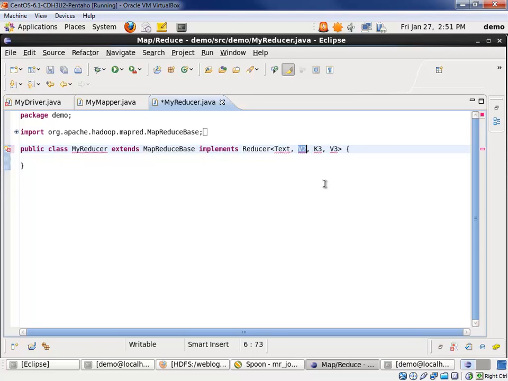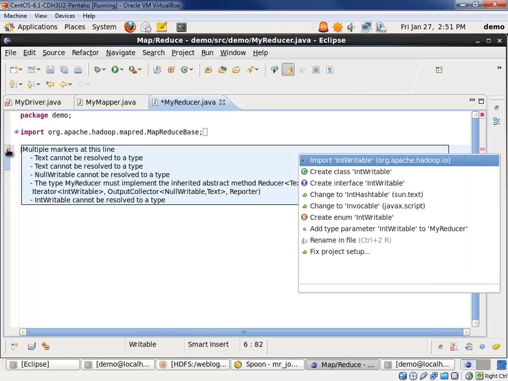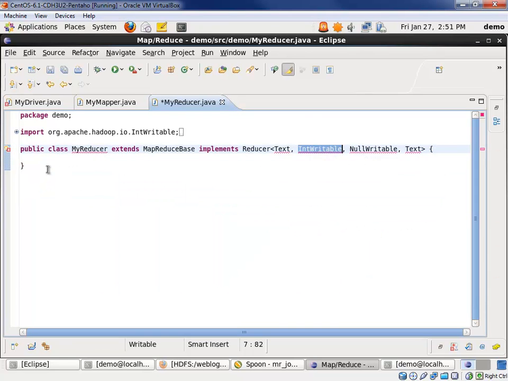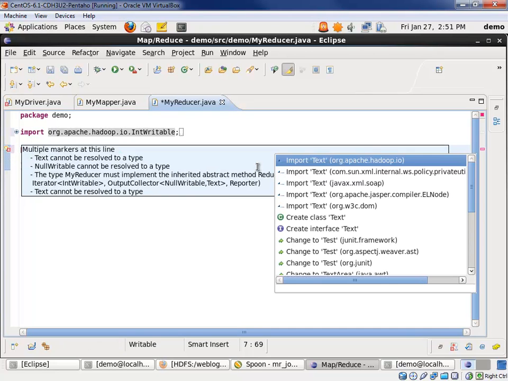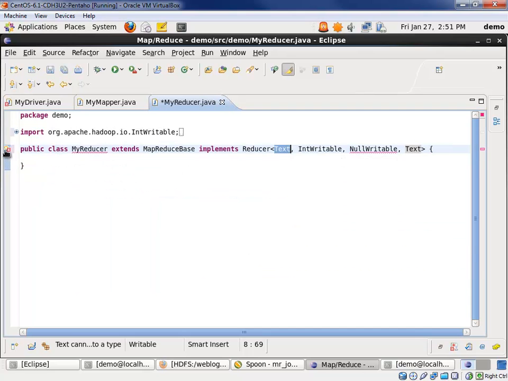The text being the writable. The text being the category pipe section. And then the output, we want to suppress the key, so we'll have a null writable. And the value is going to be a line of text. All right. Now we need to deal with importing our classes in writable and text, and probably null writable